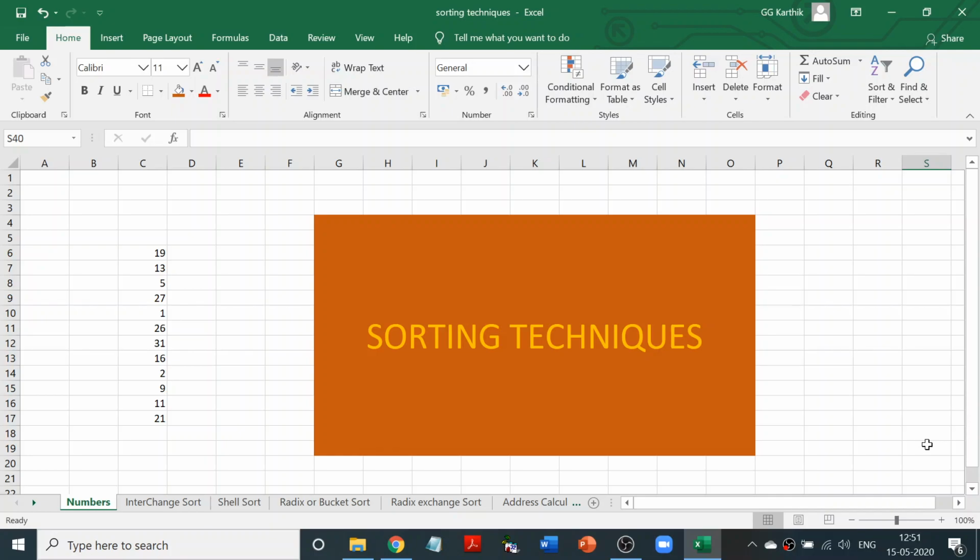Pass 1 overview will be asked for 5 marks and overview pass 2 also will be asked for 5 marks. Detailed pass 1 and pass 2 are 10-mark questions. So if pass 1 overview is asked, detailed pass 2 will be asked. That's how the pattern is. Of these four algorithms, definitely two will be asked for 15 marks. So don't miss it.